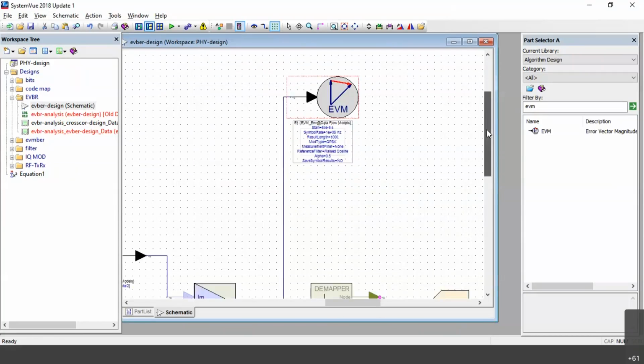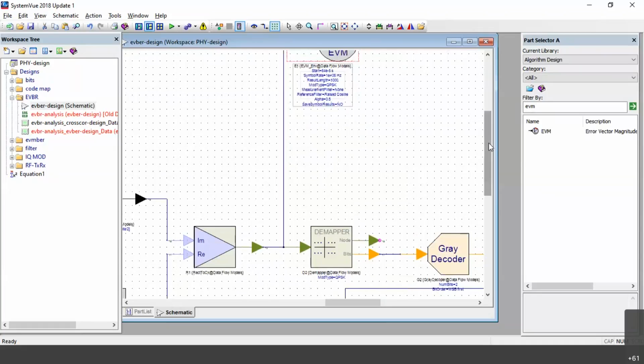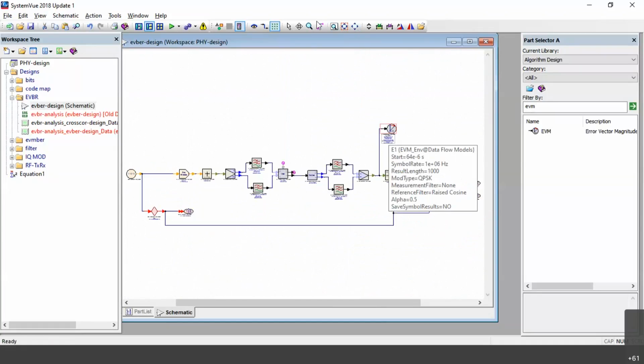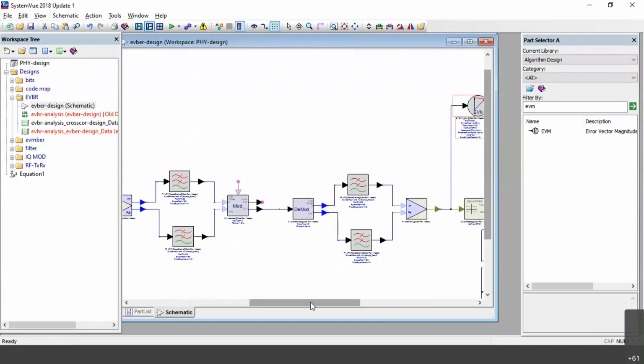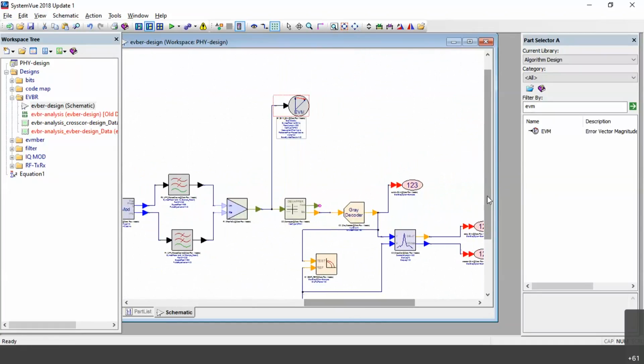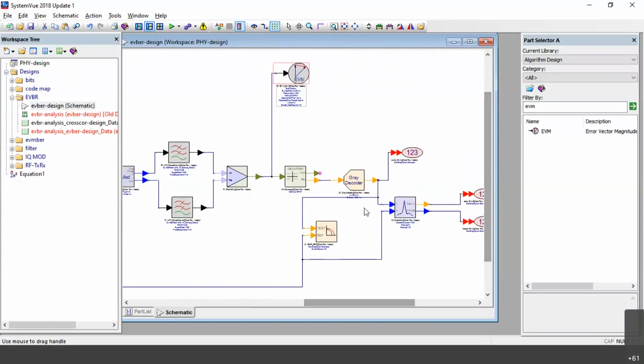And then at the imaginary part, what we did here is we collected the error vector magnitude. Next, if you want, you can connect this, or you can analyze here itself.